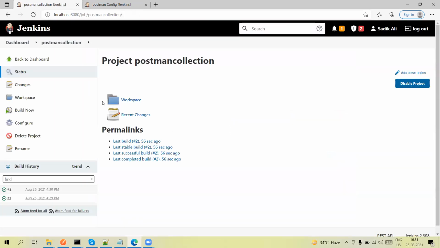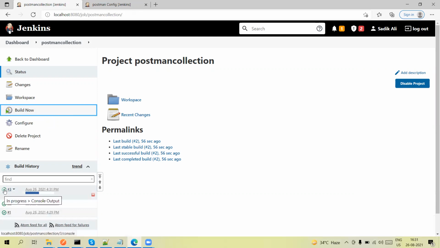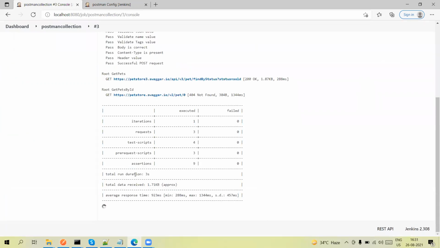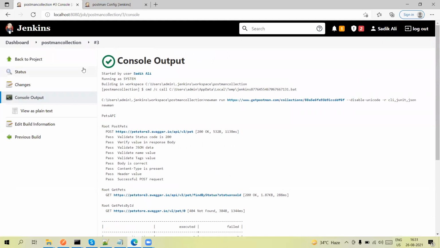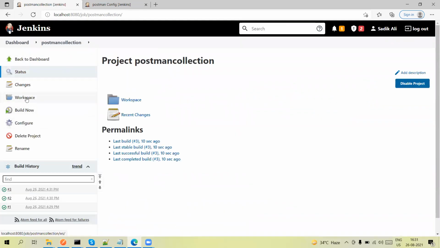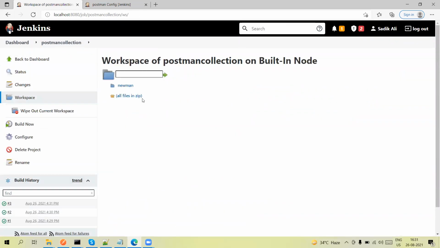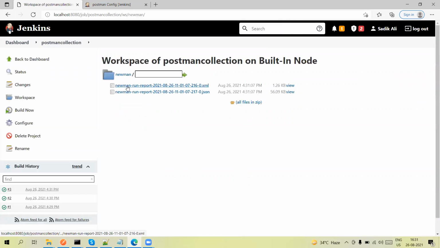Apply and save. Run the test. If I go here to the workspace, you will see the report is generated under the Newman folder, both the XML report as well as the JSON.